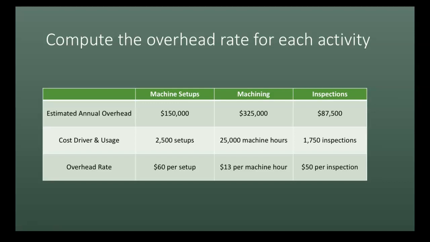So in the last problem, when we just had the $24 per hour overhead rate, that was kind of a general sense, right, for the entire company. Here, when we figure out the overhead rate for each activity, we can break it up a little bit more and be a little bit more exact, right? So every time that there's a machine setup, we're expecting $60 of overhead. Every time there's an inspection, we're expecting $50 of overhead, right? Rather than combining them all and just having one general overhead rate.